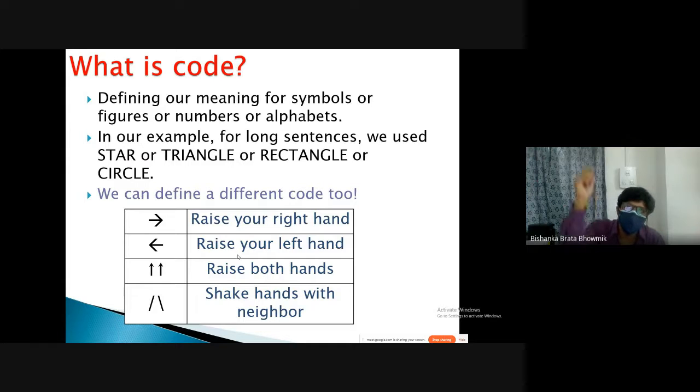You show them one cutout at a time, and according to the shape, they will do the activities, and they will learn what the basic idea of this is. It means a set of rules or a set of symbols. So with these symbols, they will operate or do some function. Right?